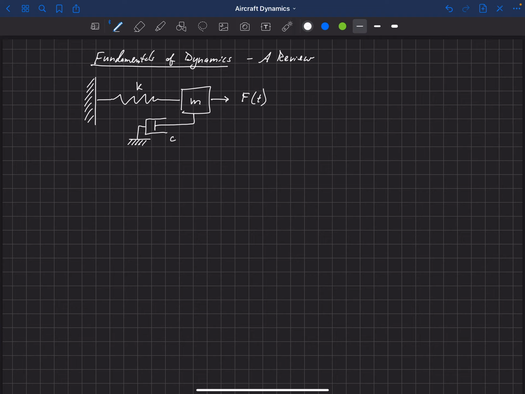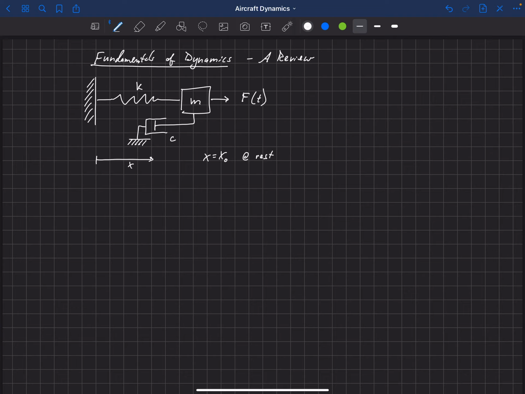Okay, and then we're going to just define x in this direction here, and we're going to say that if this mass were at rest and if there was no forcing function, so if the forcing function were 0 and this mass was at rest, then it would be sitting at x equals x naught. Okay, and that would be at rest. But what if this mass gets perturbed away from this x naught location? Well, then there would be different forces that would start to act on this. And so let's look at all of those forces.